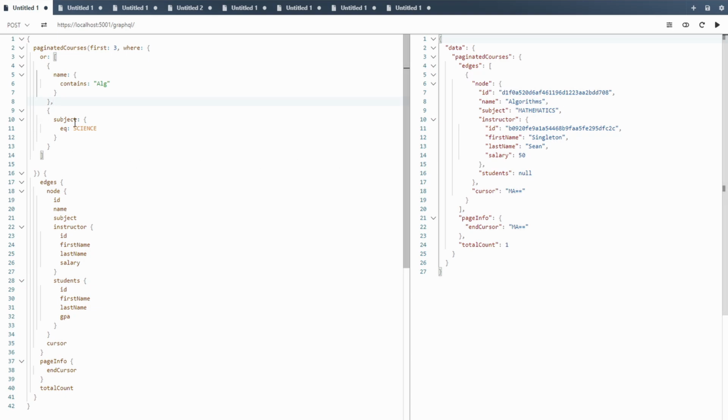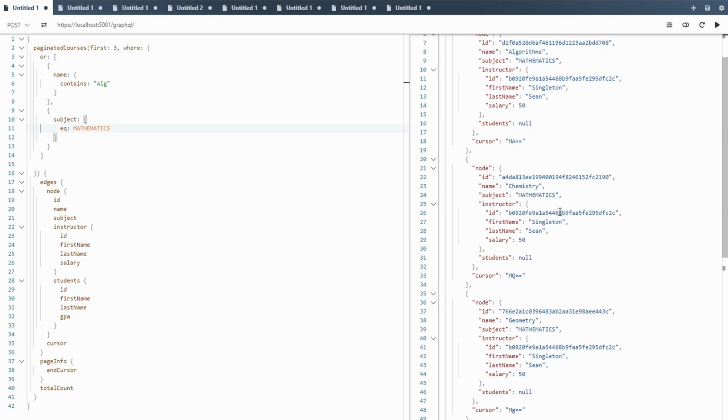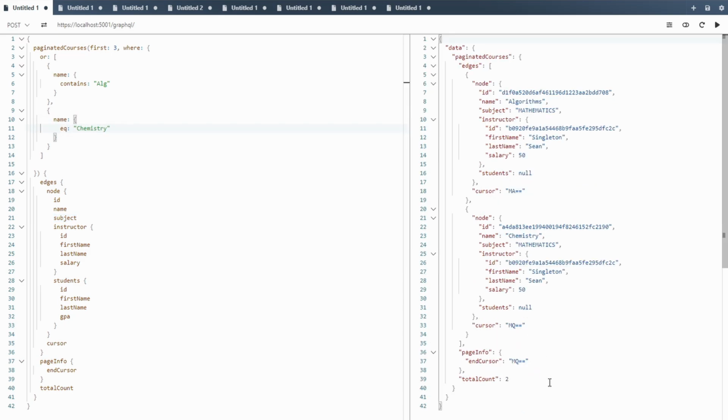Maybe not. Maybe I don't have any science courses. How about mathematics? So that works, and that is true. For some reason, our chemistry course is math, so that's kind of a mistake. So let's change this. The name can equal chemistry, and then we get back the courses that match either of